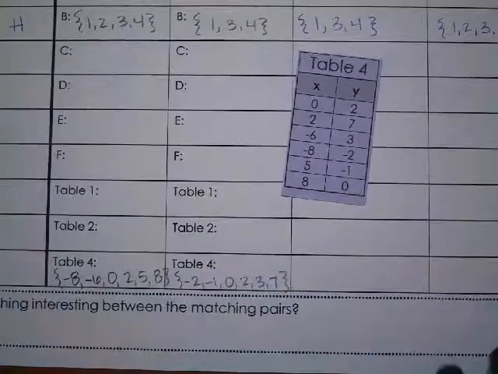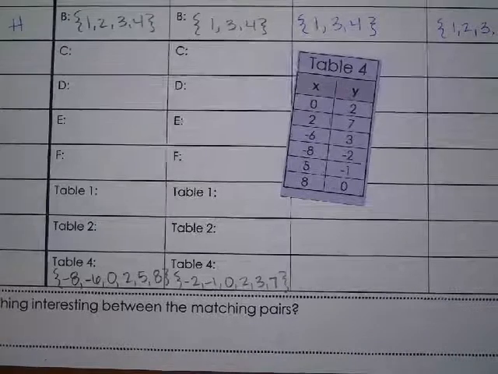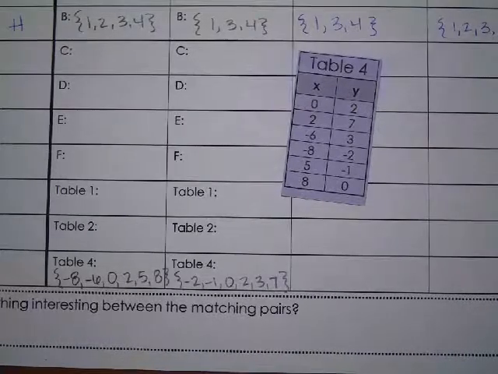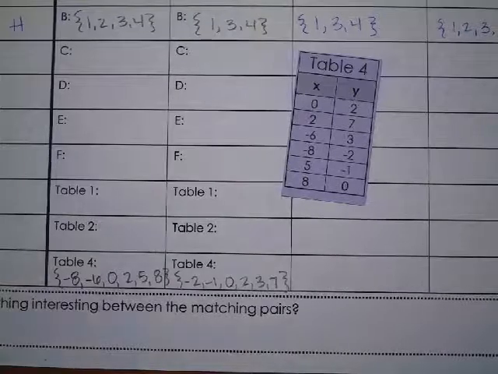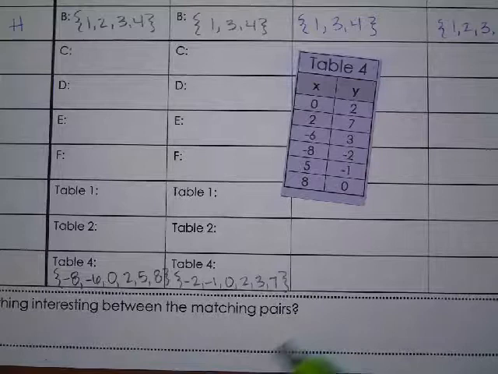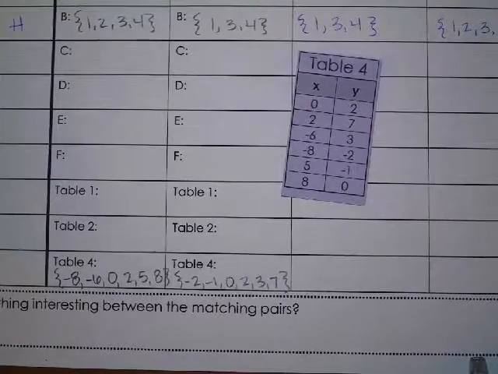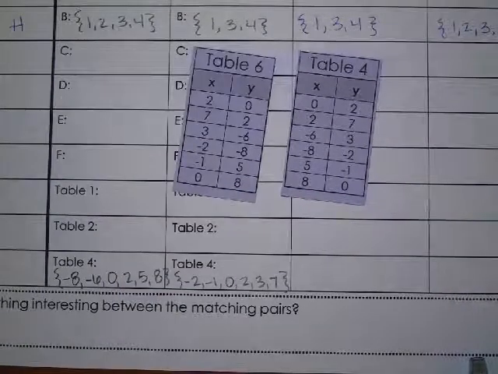Okay. So go ahead and find the table that is the inverse of table 4. So the x's and the y's need to have traded. They don't necessarily trade in the same order, so the table could be a little bit mixed up. But it looks like they are in the same order. Okay, anyone find it? Table 6. So if we look at table 6, it's just exactly the flipped version,